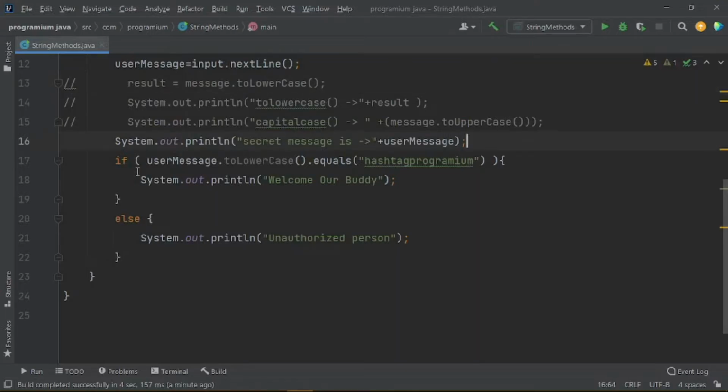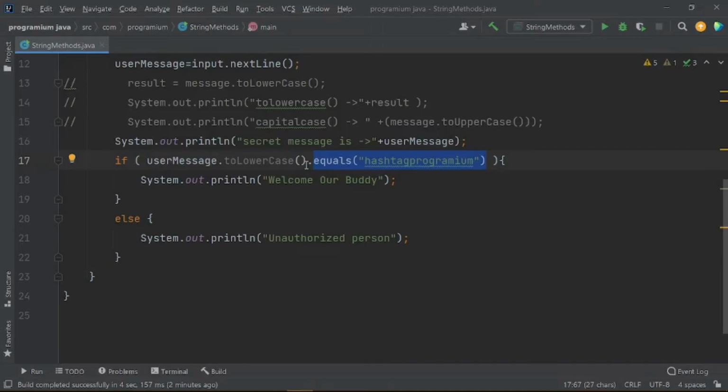Fine guys, so these are the string methods that actually help you a lot when you deal with strings, especially when you take string inputs from the user, because you don't know whether the user is entering capital letters, lowercase letters, or a combination of these cases. Fine. So this was the case of toLowerCase. We first take the input, and then we convert that input to lowercase,